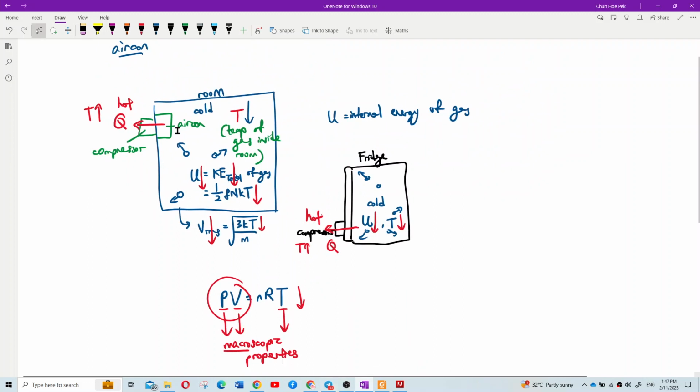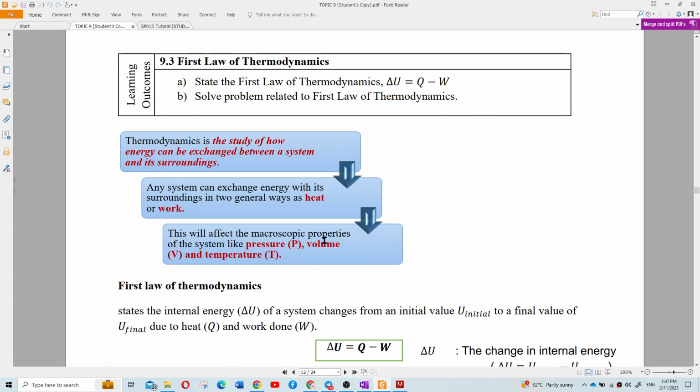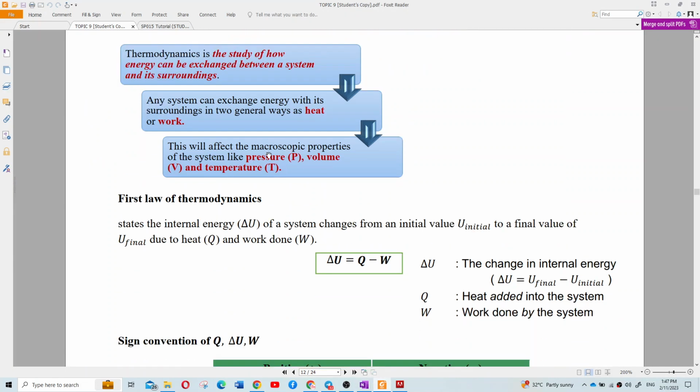Okay, take the heat energy out in the form of heat, so the internal energy of the gas will decrease and the temperature will decrease. We will explain more about that later. Okay, so PV equal to nRT, remember? So it involves pressure, volume, temperature. So this formula, class,